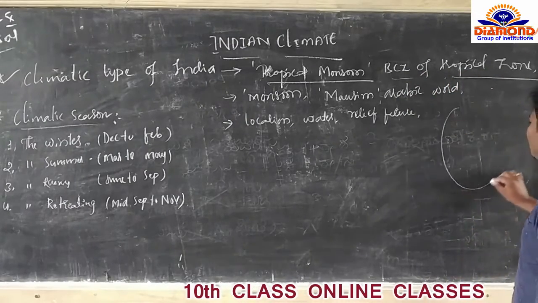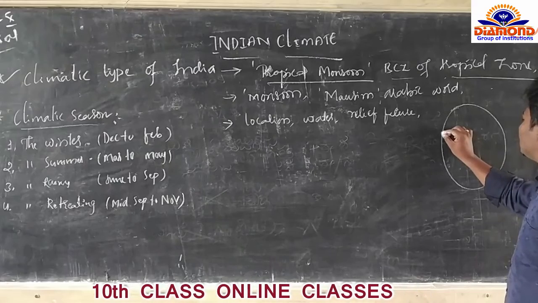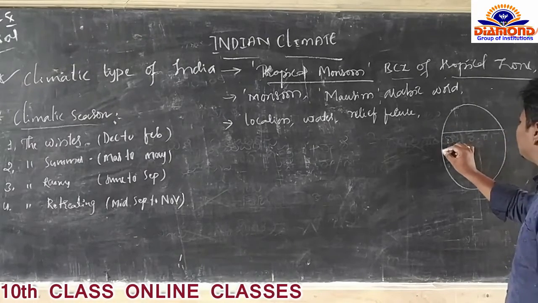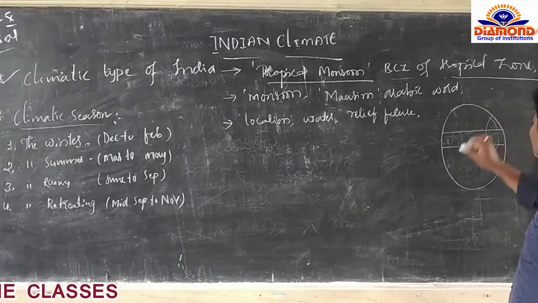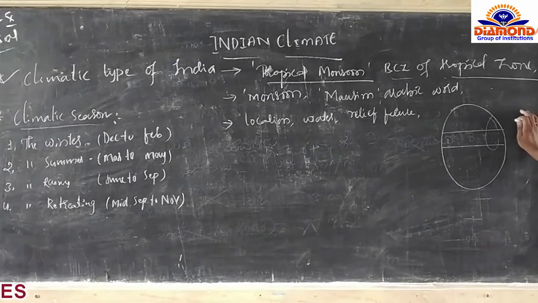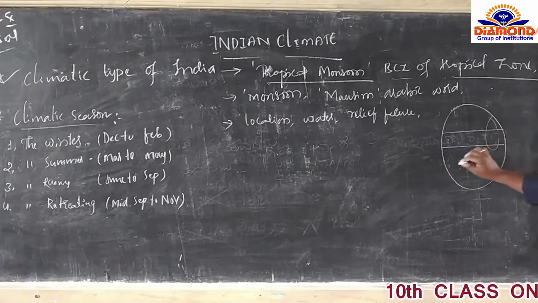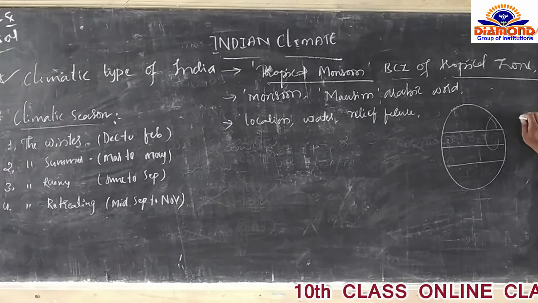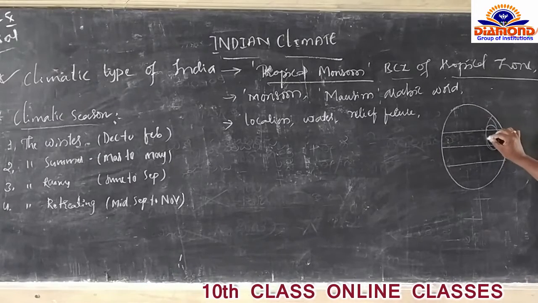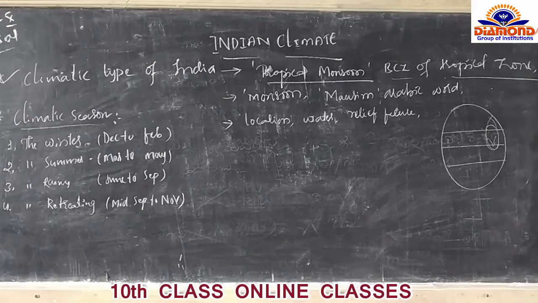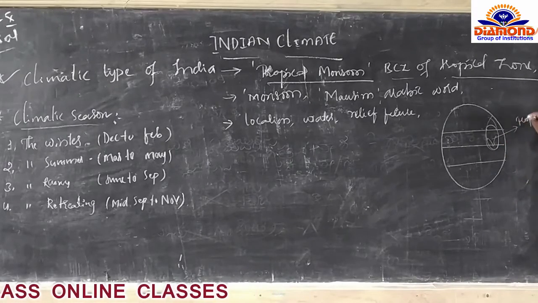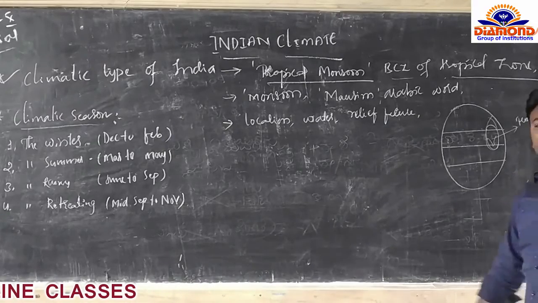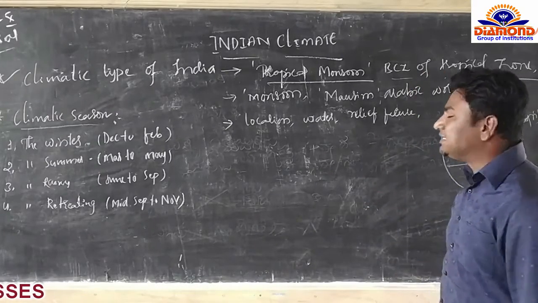When we look at the earth and the settlement of India, we see that the world is divided into zones, such as the torrid zone and the tropical zone, and India lies in the tropical zone. So we calculate this as the tropical zone, and under this zone the Indian climatic zone lies.